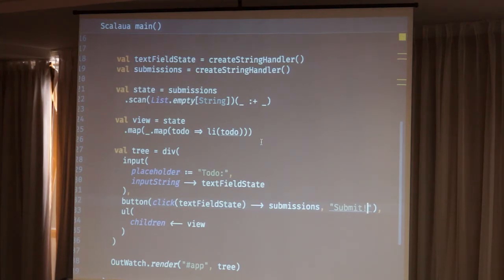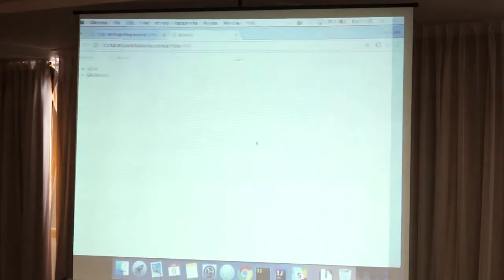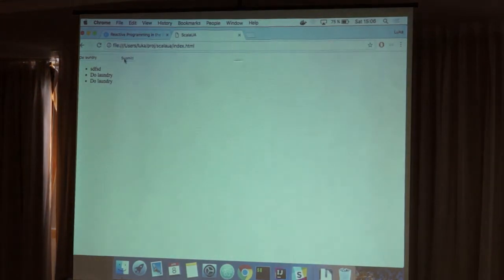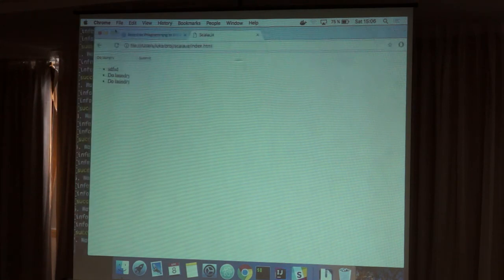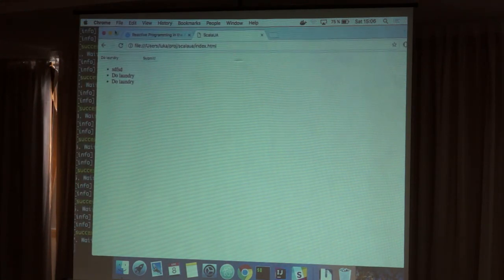We could add like a delete. Right now, if we do something here and submit it, the text field doesn't get cleared. Well, maybe I can just put it a little bit to the left. Is that better? Yeah. Okay. So there are still a few things to do, but instead of just iterating on this, I'm just gonna show